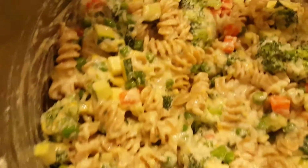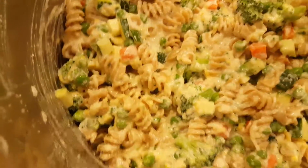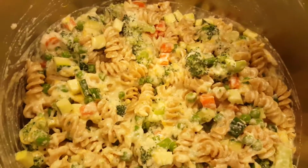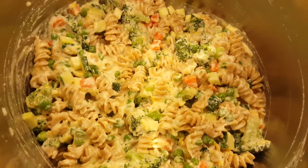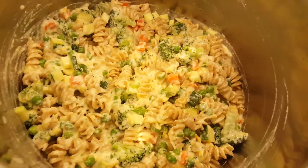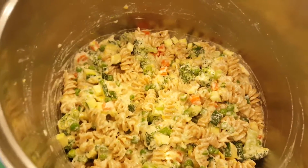And you can see it's cheesy, but it's not Kraft macaroni and cheese. This is a really beautiful color, and it has a nice cheesy taste without being so heavy. So I hope you enjoy this. And I think it was really fun being in the kitchen with you guys, and I hope you have fun making this dish. Now, I do have a couple little